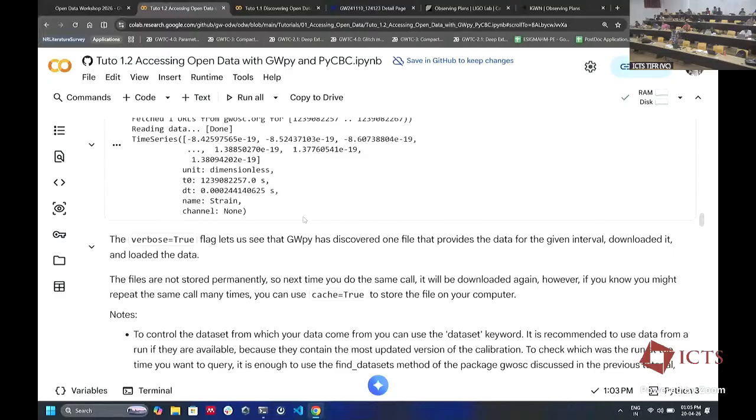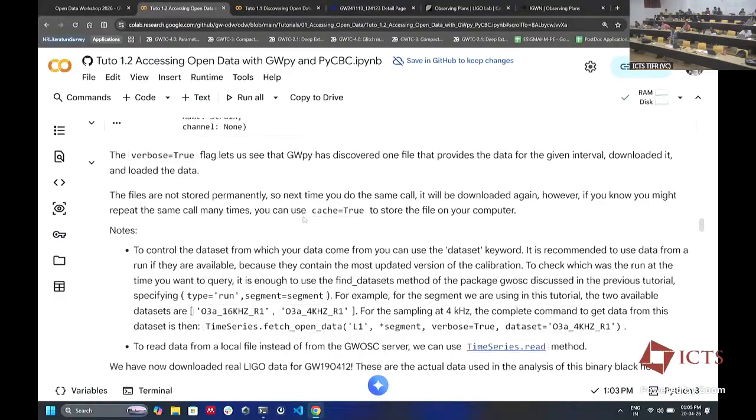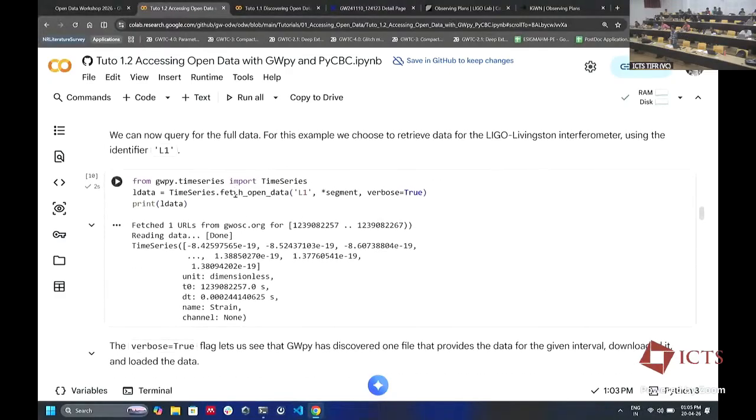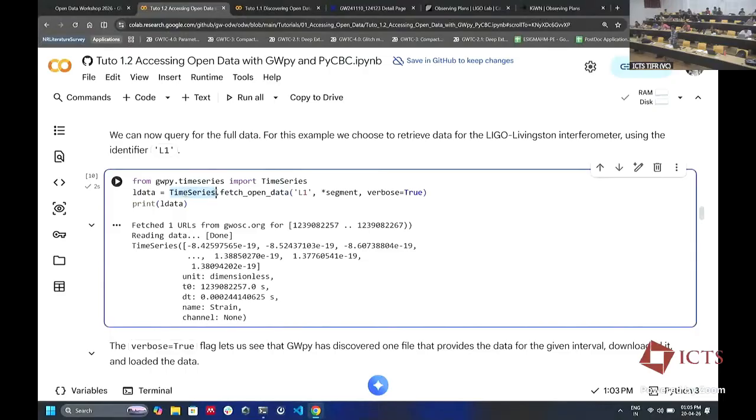In upcoming tutorials, we will be using this kind of fetched open data in terms of a time series to do some further processing, understand what the noise looks like, and measure its properties. That was one of the blocks you were supposed to understand: what is noise and what it is not. So we are just laying down prerequisites.